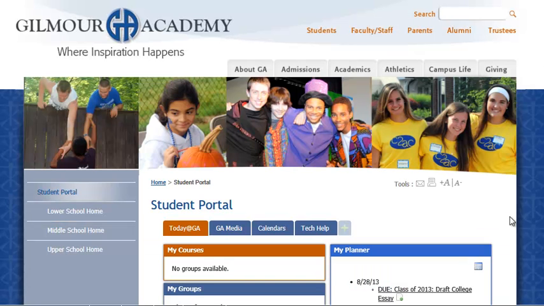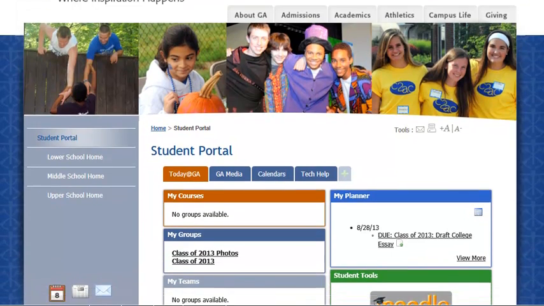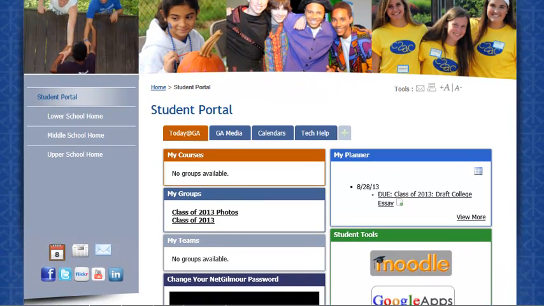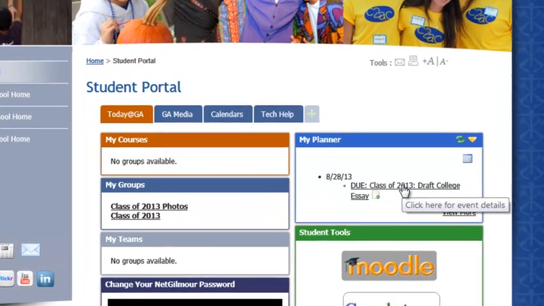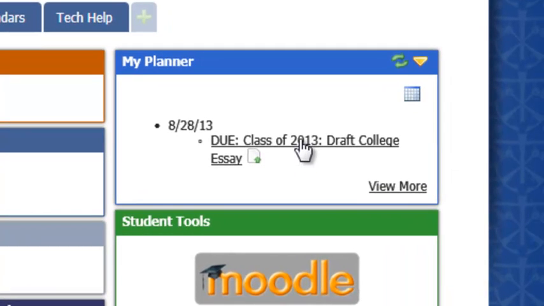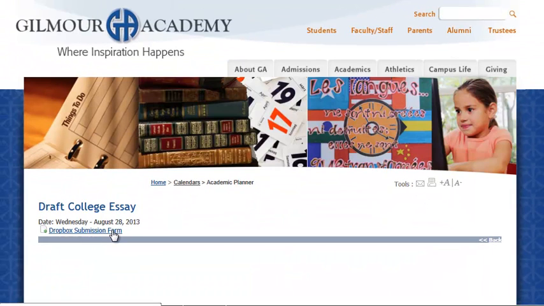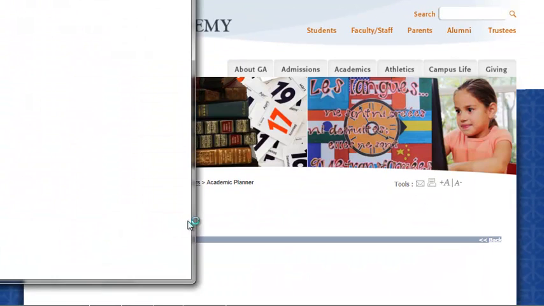Here we see the portal from the student's perspective. There are actually 3 ways that a student can submit an assignment to the Dropbox. The first and easiest is to do this right from the student's portal page once the assignment pops up in their planner box. This is a list of assignments that teachers have made, and they show up here as they become due. So if the student clicks on Due, that opens a pop-up, and then the student can choose the